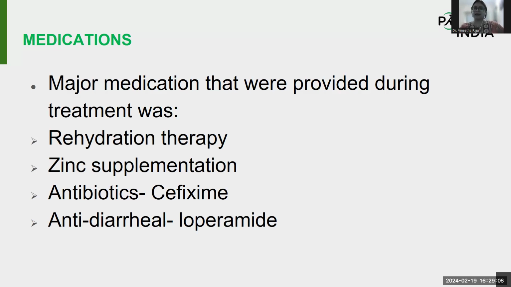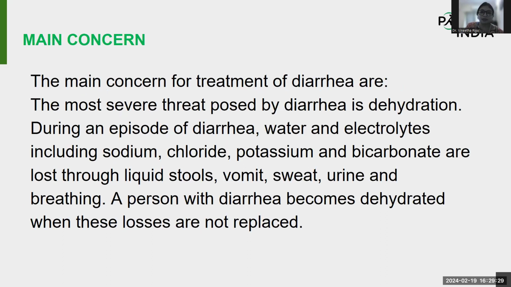Again, with continuous diarrhea, something that we also neglect is that there may be excoriation in the anal area, which can be painful for the patient. So that also has to be looked into. You can advise zinc oxide paste around the anal area, or you can advise a sitz bath. Okay, so that is with that.